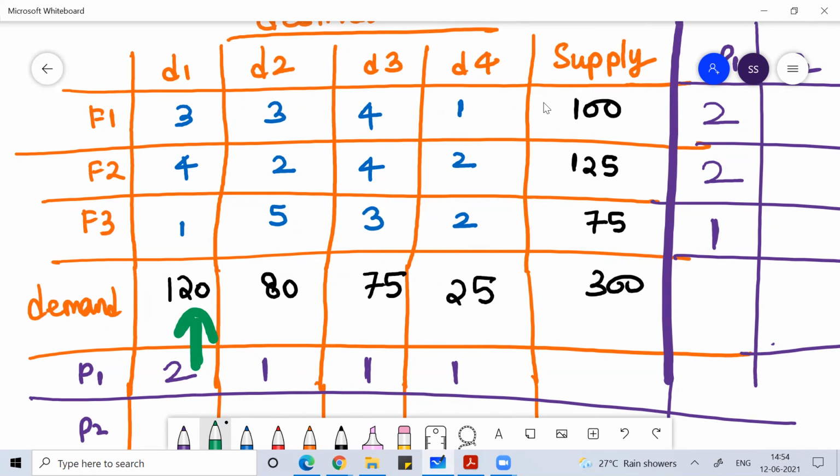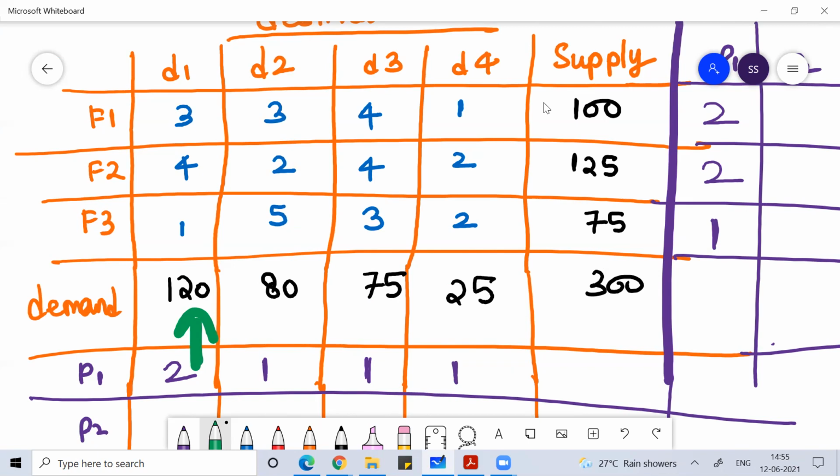So when we did the northwest corner method, we picked the first cell. We do not use our brain there to pick which cell; we started with the first cell. In the least cost method, we took the cell having the least value. In Vogel's approximation method, we go with the row or column having the maximum penalty.